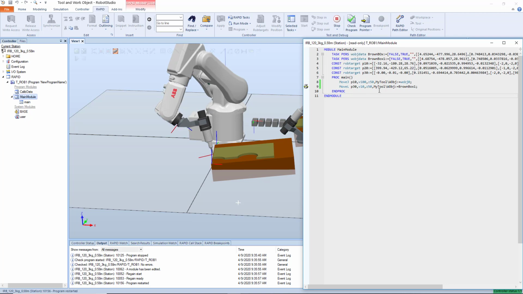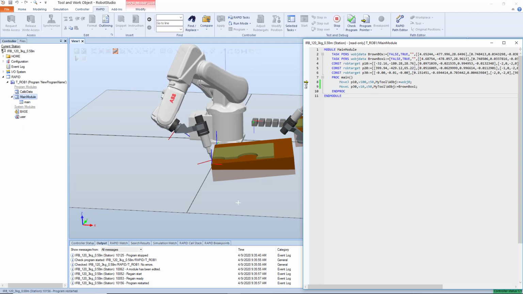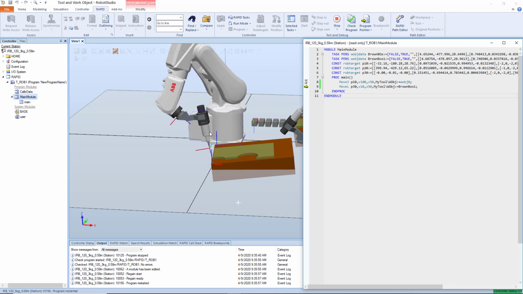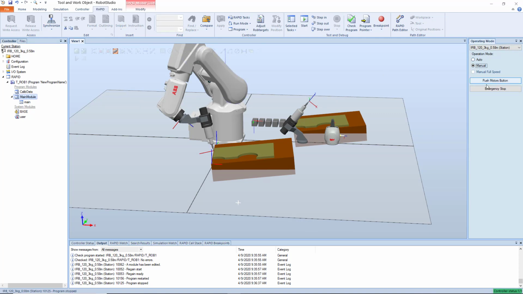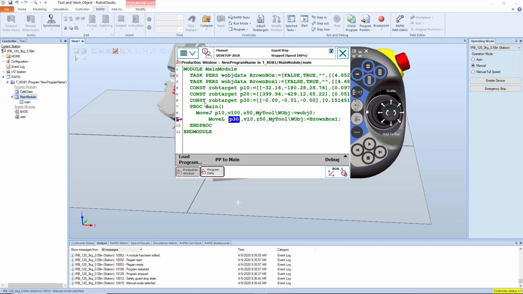Alright, it's a lot easier in my opinion to be writing your code over here than it is to be writing it on the teach pendant. So we don't really need the teach pendant anymore at this point. Now what I will say is if you do something and you're like, okay, how do I actually write that code over here because I'm so used to writing it on the teach pendant? You can still write it on the teach pendant. I've been known to do this. Put it in manual mode, get the teach pendant out, and say, okay,